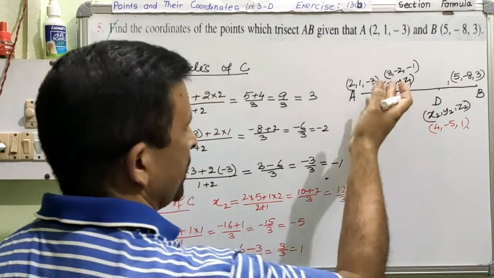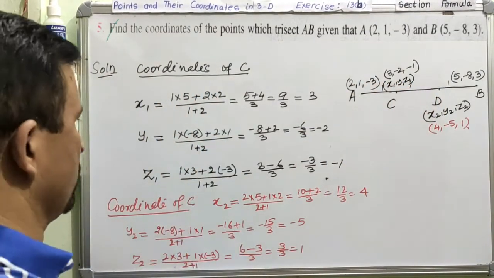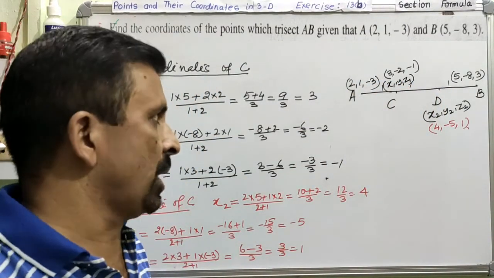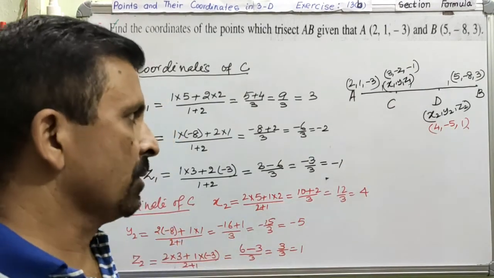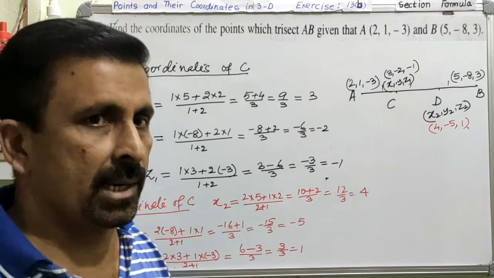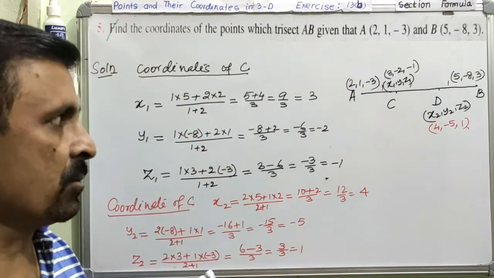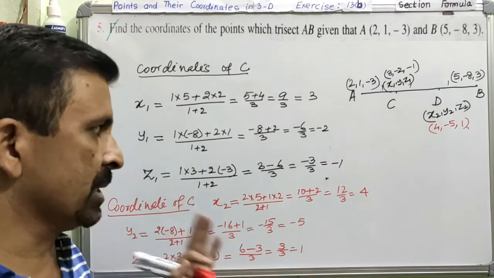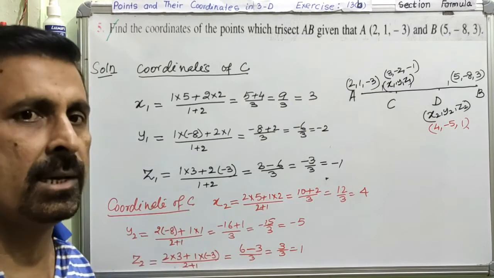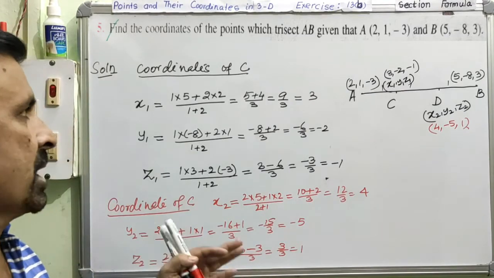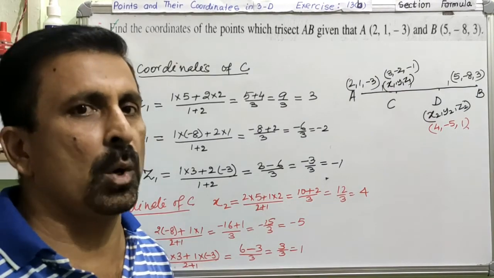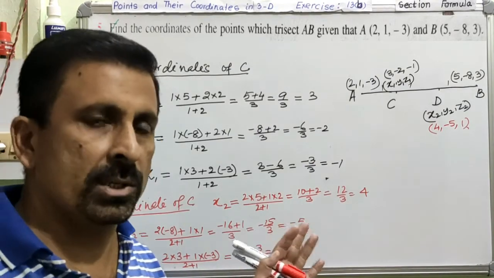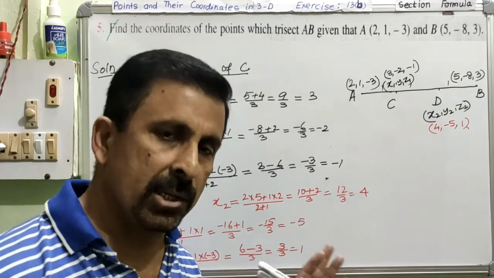So I thought I would be able to calculate only C, but I could manage to complete the question. So I have calculated the coordinate for C and for D, both for you. Is this very clear? So with this, we are ending the session here itself. Please pause the video and write down all the solutions, and from question number 1 till question number 5, you have to practice on your own after watching the video. Clear? Thank you. Take care.